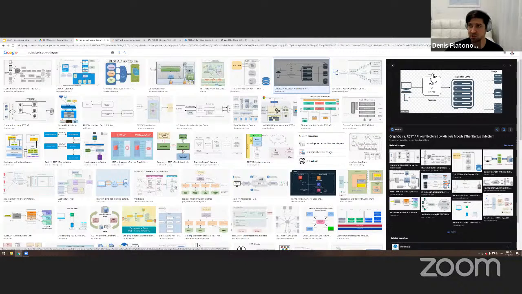So there is no such thing as backend. Basically, front end, by utilizing a special query language, can get access to the database. Of course, not directly. There is still some sort of backend, but it's called serverless. And it's becoming more popular.